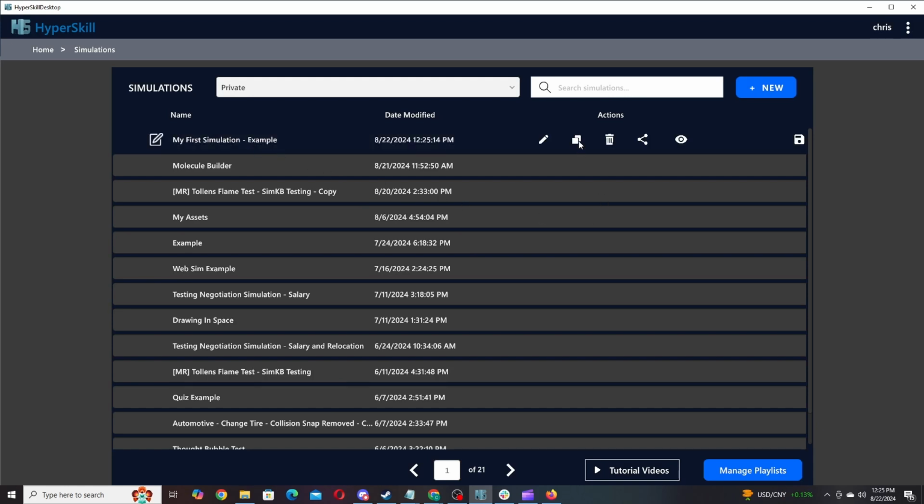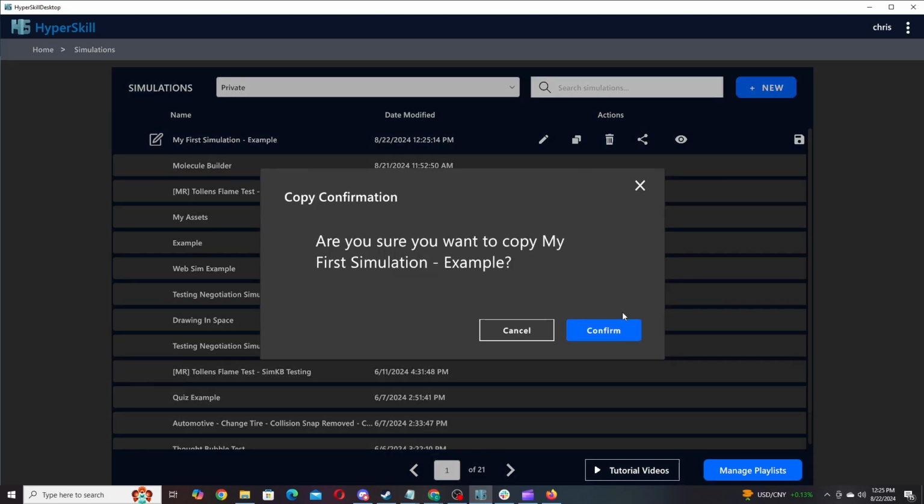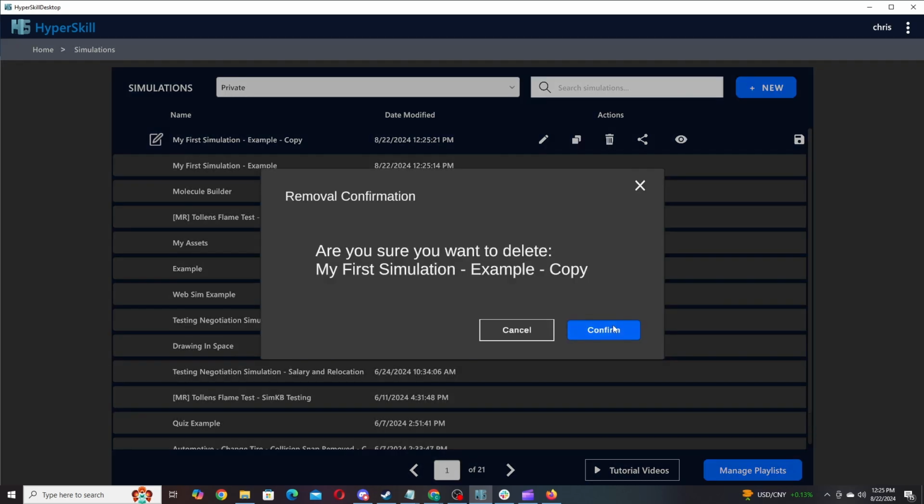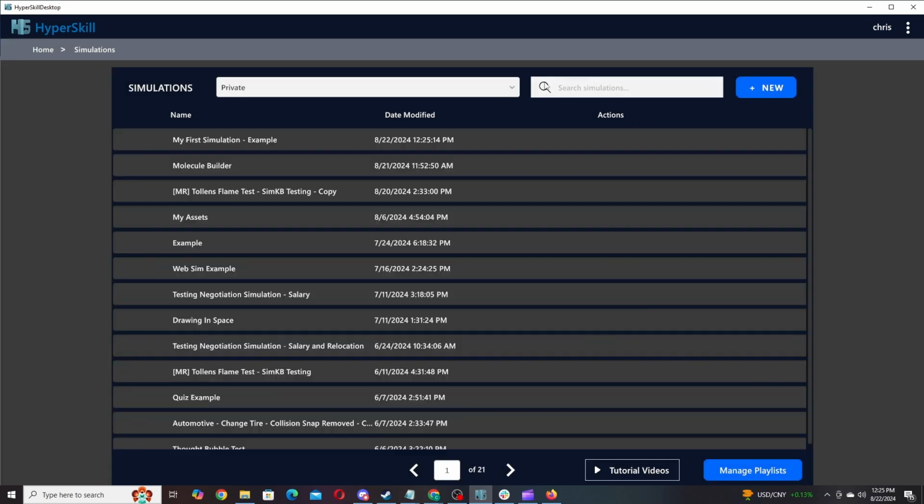You're also able to copy your simulation if you would like, which will make an exact copy of the simulation at the state it was when you hit the copy button, and appends the word copy to it. To delete a simulation, you would do the trash can icon here, and then it will be removed from your